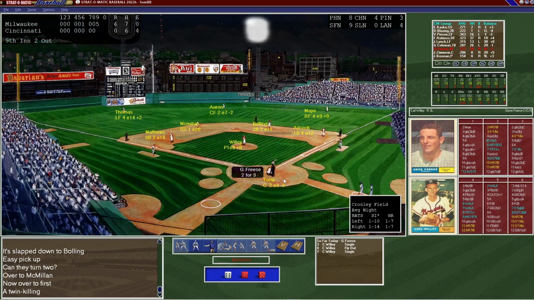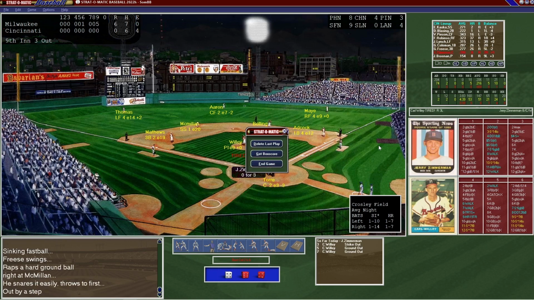So here you can see we've lost our second game in a row. I'll go ahead and enter what Freeze did. He rolled a 4-10, which will be a ground out to McMillan, and that will end the game. So as you can see, the Reds were shut out by